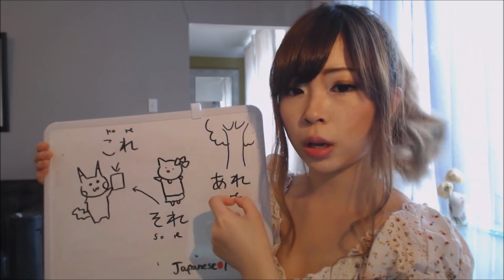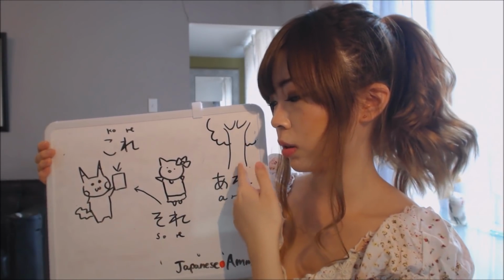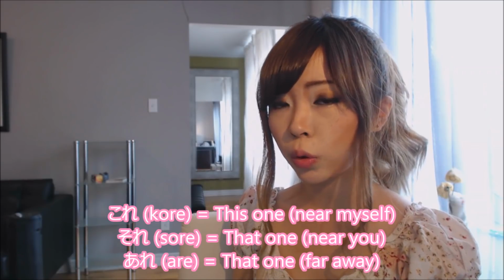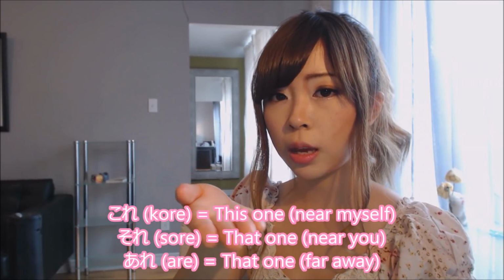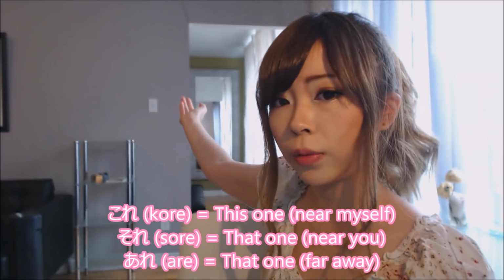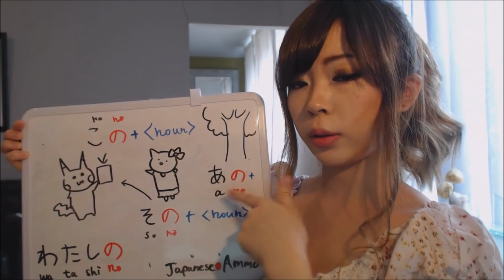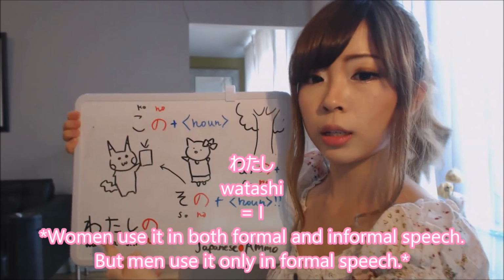So this is a tree. In Japanese it's ki. From Pikachu and Kitty-chan, they would say あれは木です。Okay, so これ basically means this one. それ that one near you. あれ that one far away. But we have also these この、その、あの。